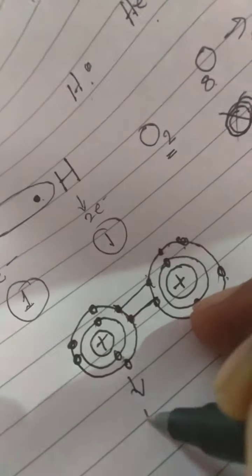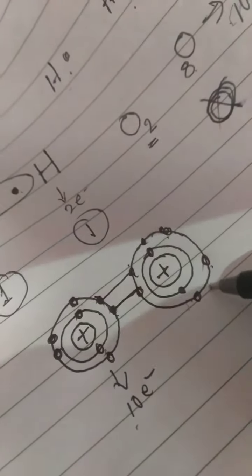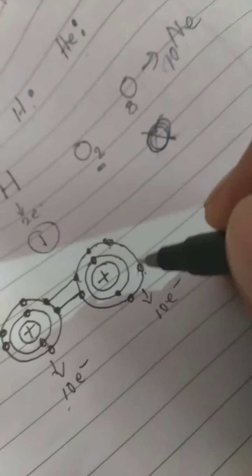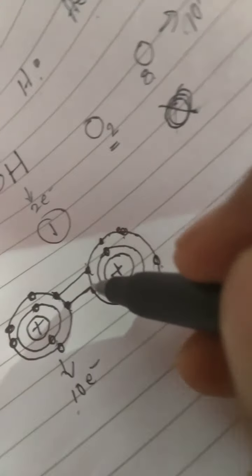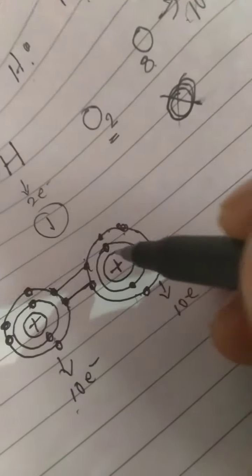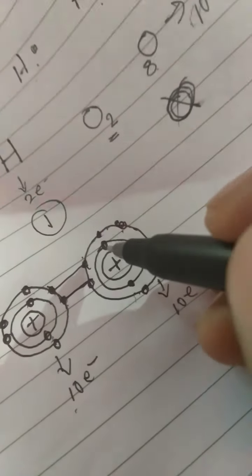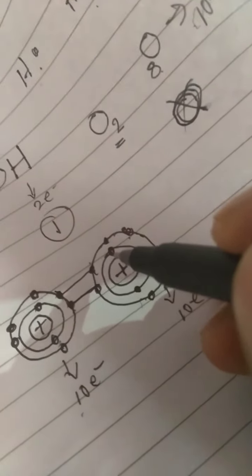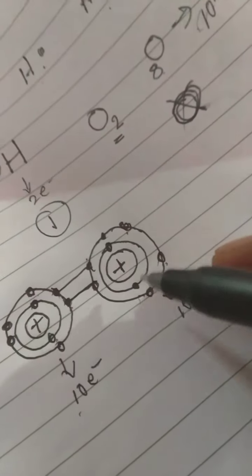So this oxygen is having 10 electrons, which is the nearest noble gas configuration. This oxygen will also have 10 electrons, equivalent to the nearest noble gas, right? In the outermost orbit, they will always try to have 8 electrons. Now let us see whether they have 8 electrons in the outermost orbit or not. Sorry, except the first orbit. In the first orbit, the maximum number of electrons will be 2, and in all the rest of the orbits, you will try to fill it up with 8.